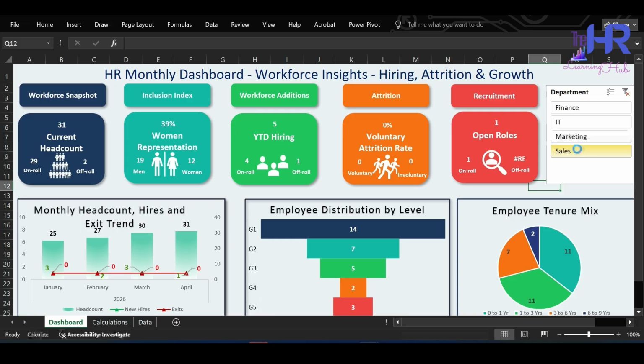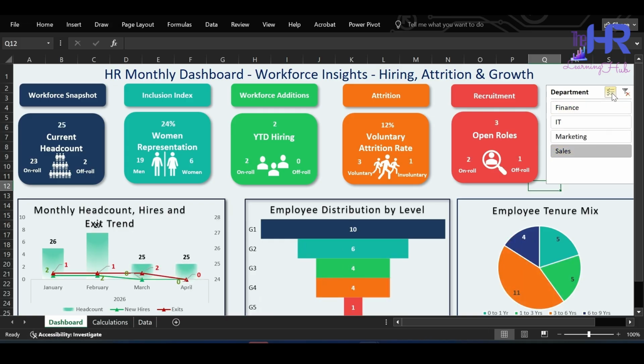In this video, we are going to build an HR dashboard that gives you a quick month-on-month snapshot of your